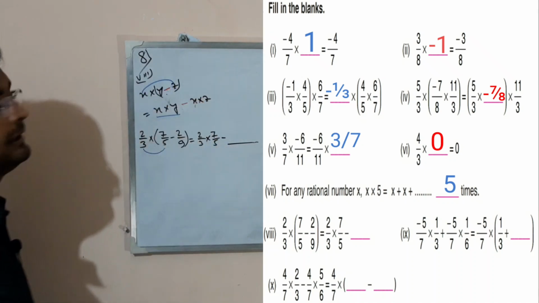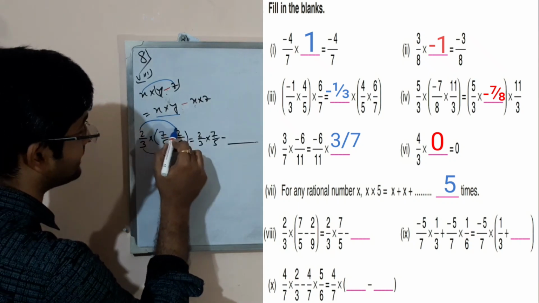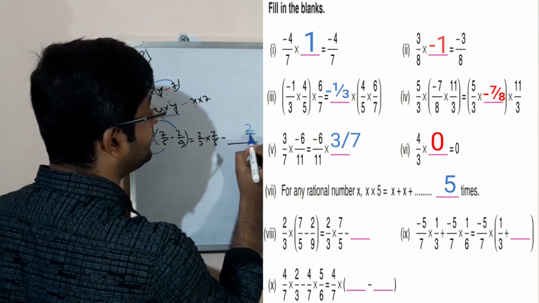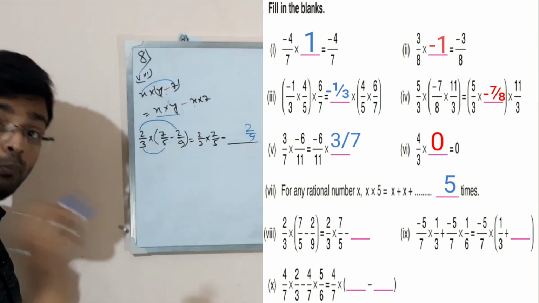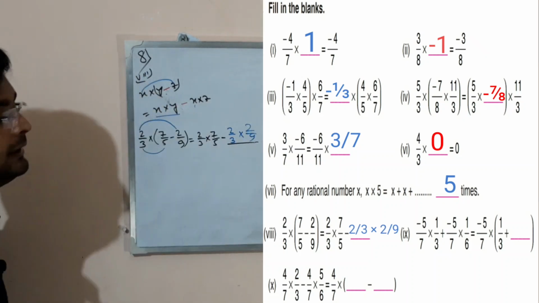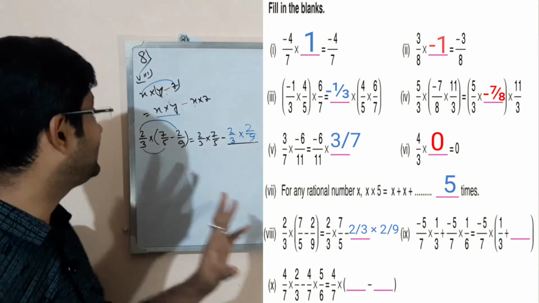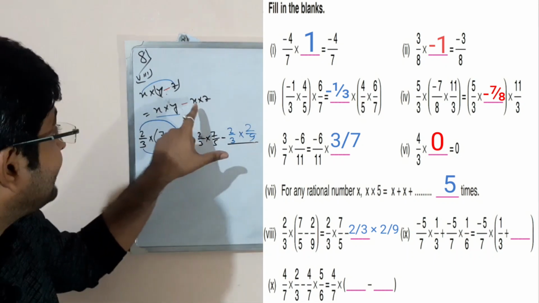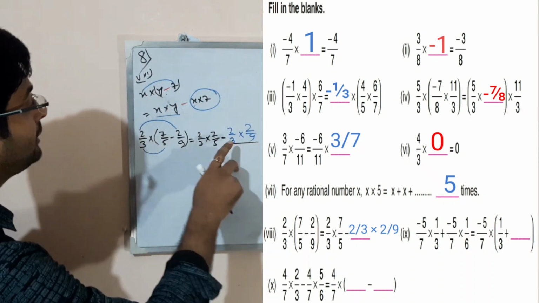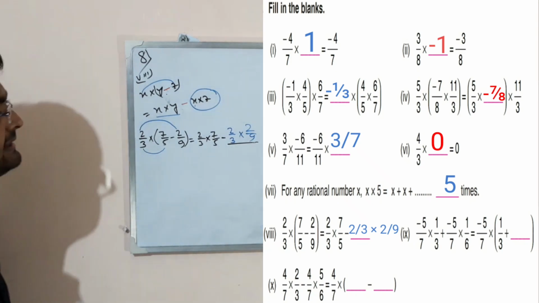Now what is there? x into z. So I have to write, the first one is x and the last one is z. You cannot write just one number, like 2 by 9 or 2 by 3. You have to write both numbers, that is 2 by 3 into 2 by 9. Though there is one dash, you have to be careful, it is the distributive law, so in that part what value is there? x into z. So here you have to write the first number into the third number, x into z. So this is the answer.